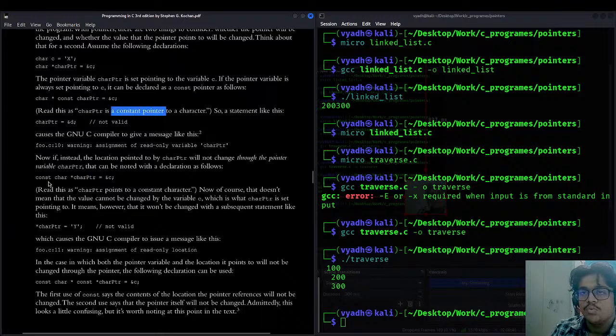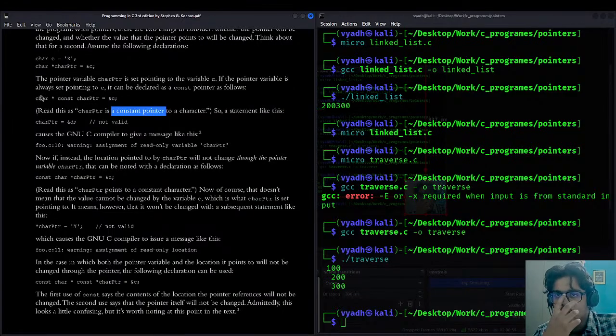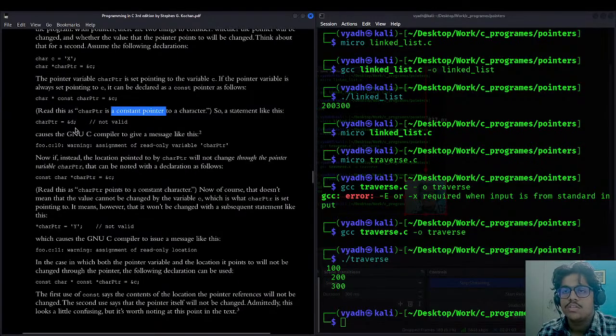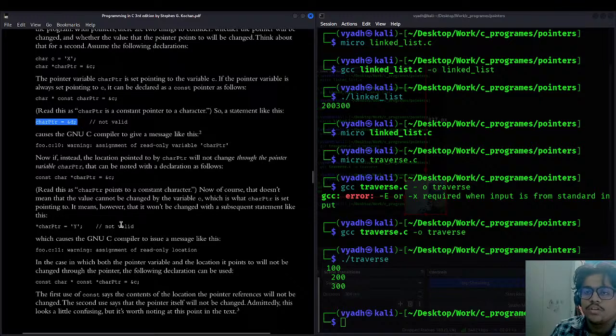These are two different ways of writing. What changed? Just const before everything else; the syntax is okay. In the first case, the pointer cannot be assigned a value because the pointer is constant. Here the character is constant, so you cannot change the value.